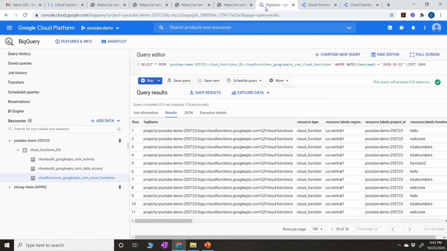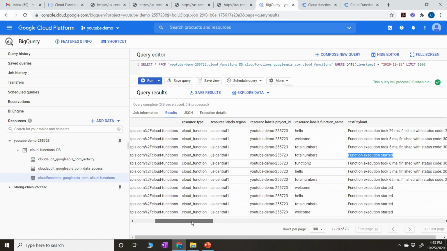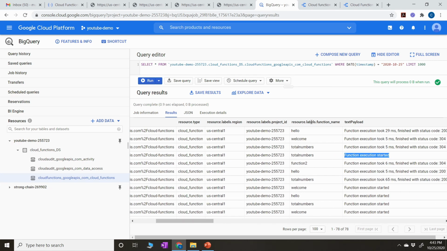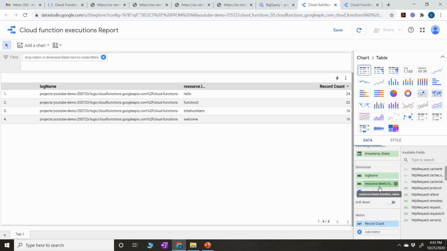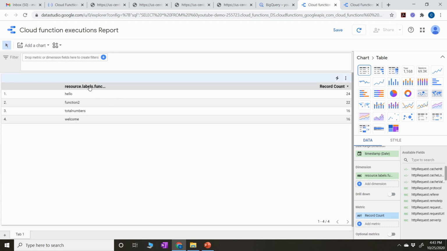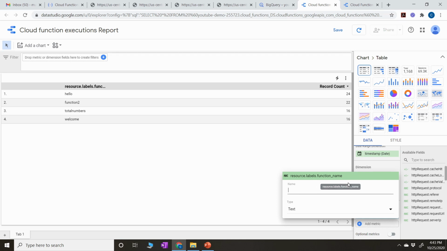So if we go back to the BigQuery, the Cloud Function name is in resource labels function underscore name. Select that and delete this log name, and now I can rename this to function name,